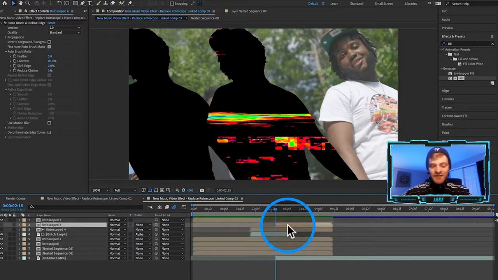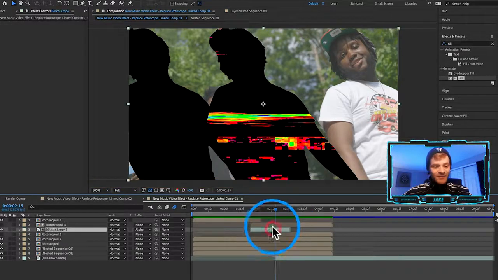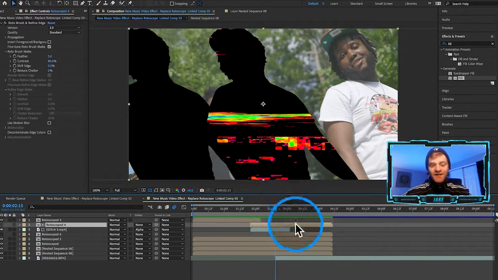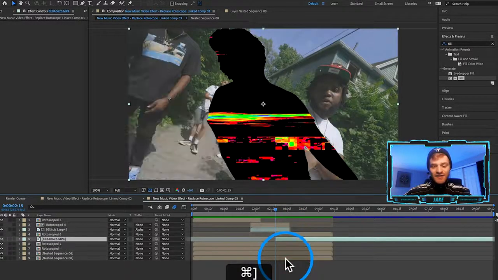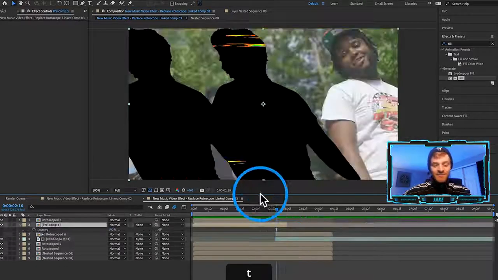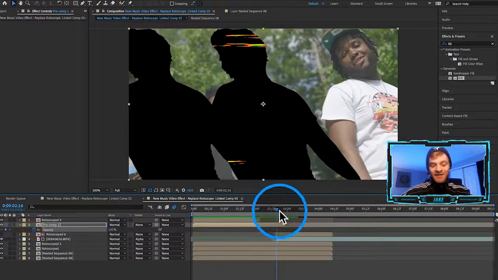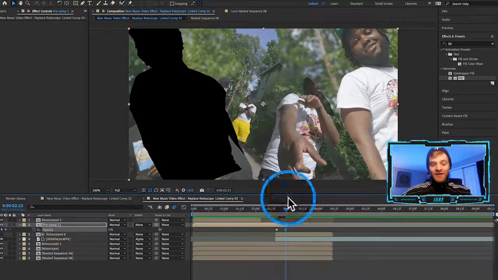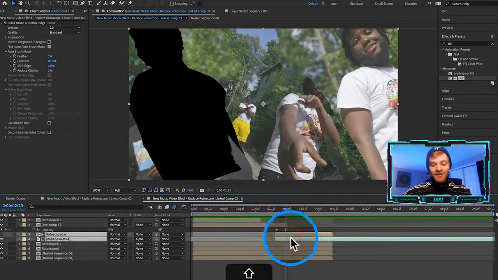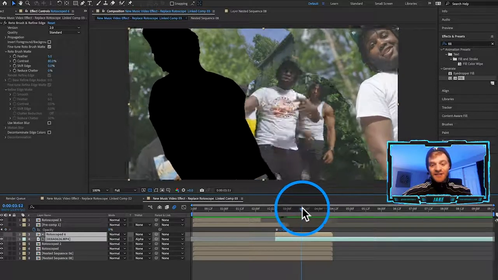Now what I'm going to do is drag this layer below our top rotoscope glitch layers right there. We're going to drag our top rotoscope layer in like that, and now I'm going to bring our next clip up into the picture here. So I'm just going to hit T on my keyboard, keyframe the opacity from 100 and take it down to 0, and that's going to bring in our new rotoscope layer underneath,